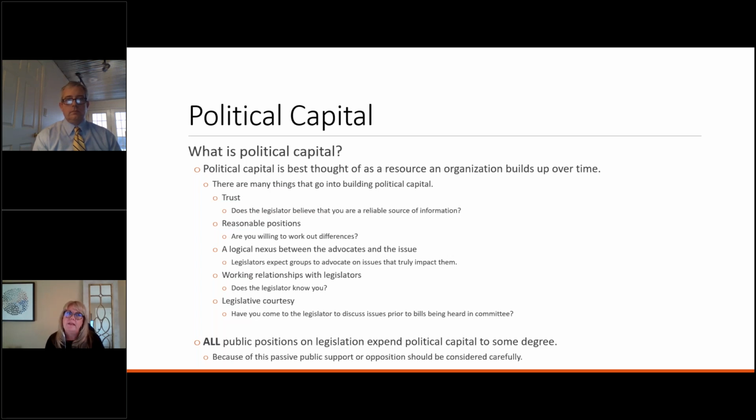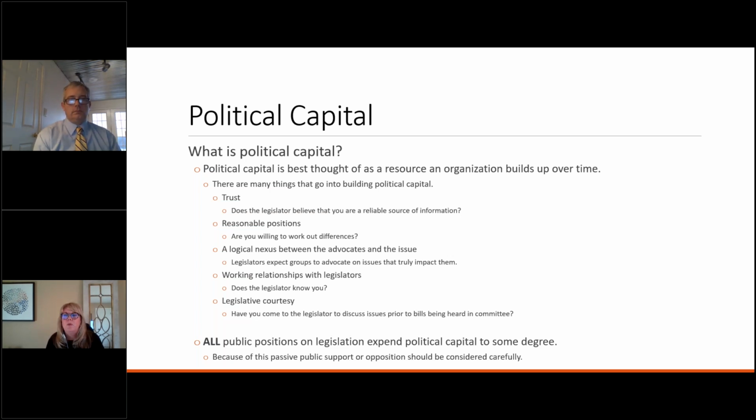Is it that the language needs to be tweaked because the current language has what we believe to be unintended consequences if it's passed as is? Or is the whole concept very problematic? We can't just say, no, we oppose it, this is a terrible idea, you need to kill this. We have to be willing to say, here are the problems, and will you work with us? Can we possibly propose some different language?